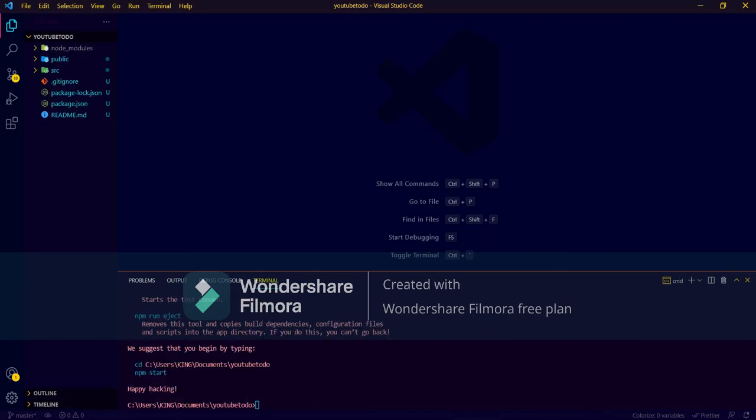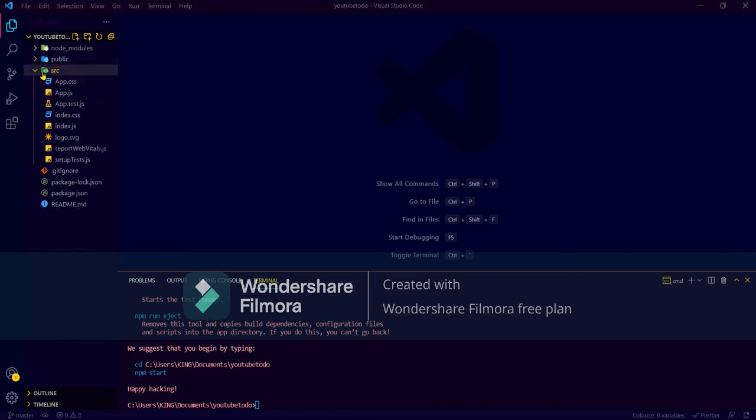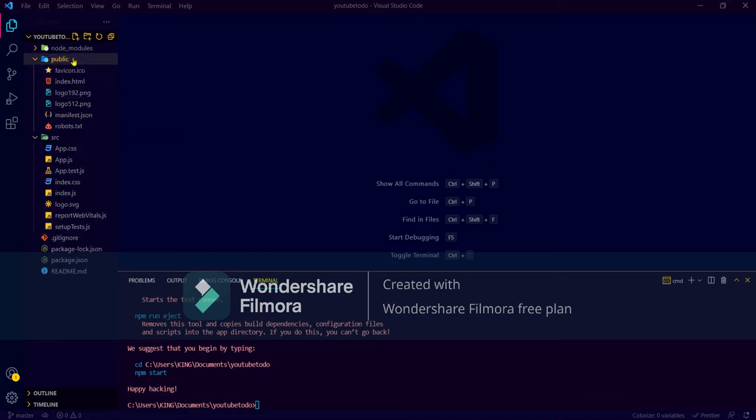So after some time my React app has been initialized. Let's look at the folders. Here we have got public and src. We will do our work with the help of this src folder. If we expand this, we have a lot of files here. We do not have to deal with each and every file. We will require only index.js and app.js. Then we have a public directory. Here we have a list of files. The main file is index.html.